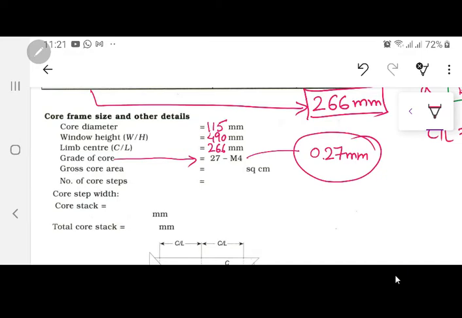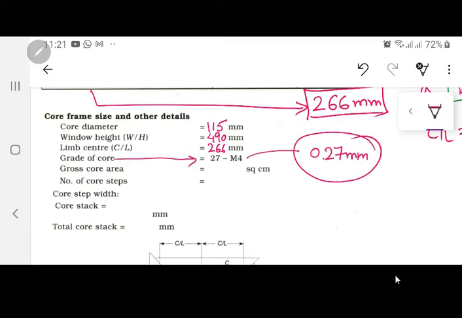These graphs have watts per kilogram on the x-axis and flux density on the y-axis. I know what is the flux density in my core. I also know what will be the weight of my core. So I will take the value I get at that particular 1.5 or 1.6 Tesla, which gives watts per kilogram. So I know if there is 1 kilogram of that material, I am going to get that much watts. I will now find out the weight of my core, and multiply it with that factor, this will give me the total active power losses. And where are the active power losses inside the core? They are eddy currents and hysteresis losses.